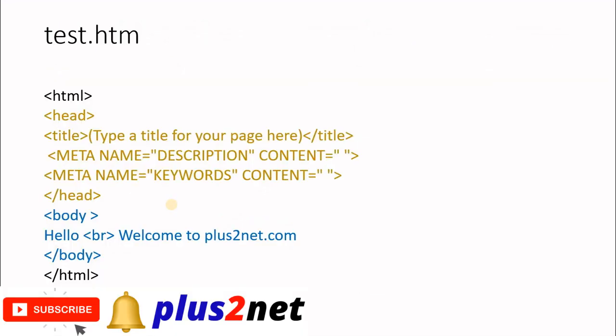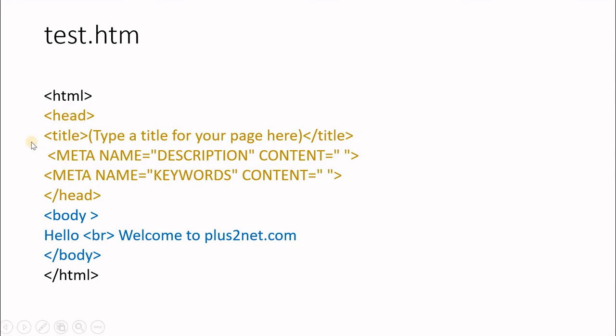Now with this knowledge, just create one test.html page. This is the basic copy of the code. You can see I have a head tag here, inside that the meta description is there, the body tag is there, and just one line of text is there. So you can just use it and save the file as test.html. You can use any notepad or any advanced editor. A notepad is enough. Save it as test.html and open that file in your browser. See how your first HTML page looks.